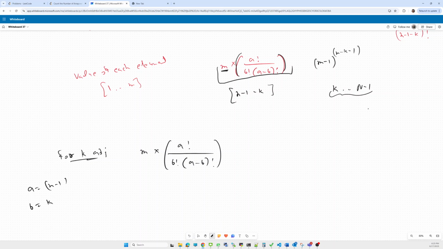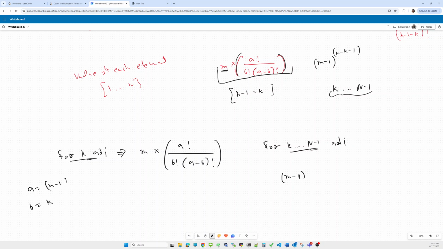Now this corresponds to our k adjacent pairs. For the rest, the k to n minus 1 adjacent pairs, what will be the number of options we have?